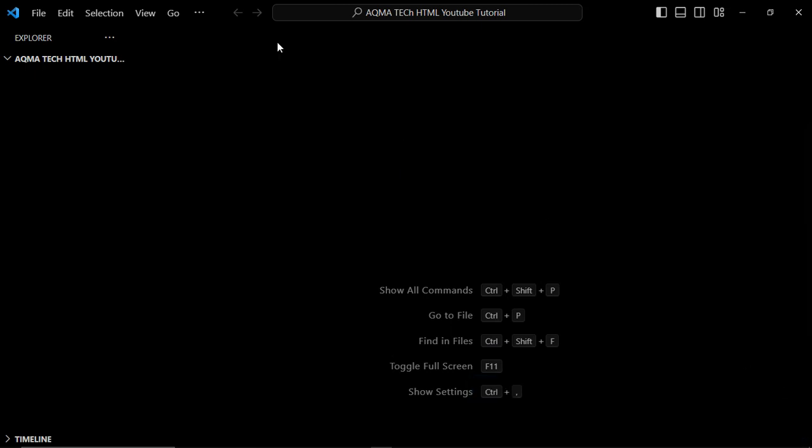So first of all, anytime you want to write your HTML code, the first thing you're going to be writing is your doctype HTML, which declares the document type. If you want to write your doctype, you can just click on